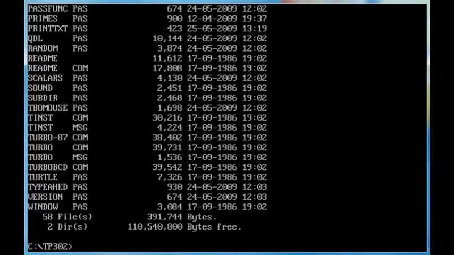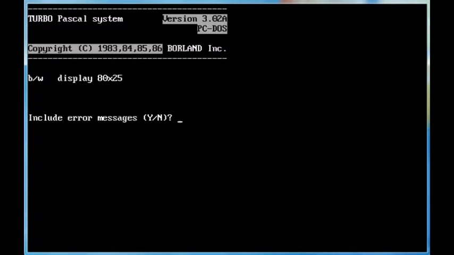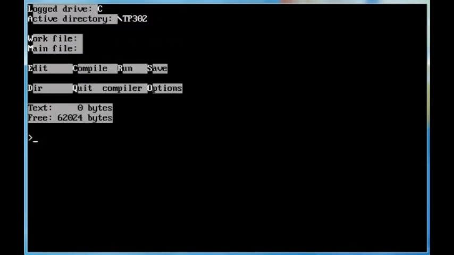Now you can get this compiler from my website, of course. It's completely free now, because it was profitable a long time ago. Turbo. I always include the error messages. Work file, hello,